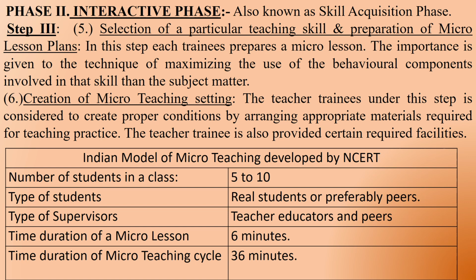The Indian model of micro teaching lesson plan, as developed by NCERT, is below. In this, the number of students in a class is 5 to 10. The type of students ought to be real students or preferably peers. The type of supervisors are teacher educators and peers. The time duration of a micro lesson is 6 minutes and the time duration of a micro teaching cycle is 36